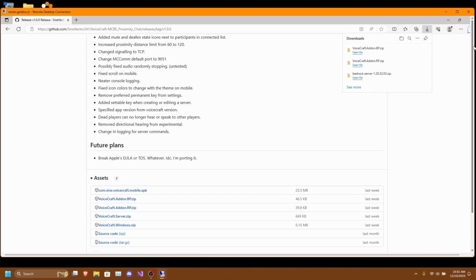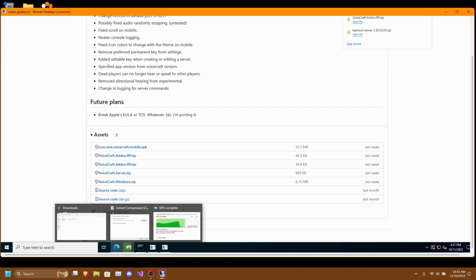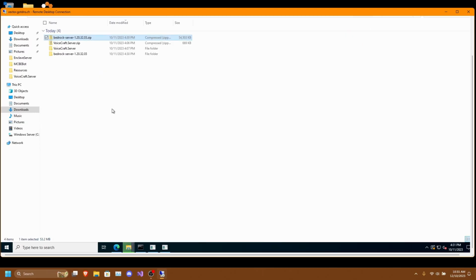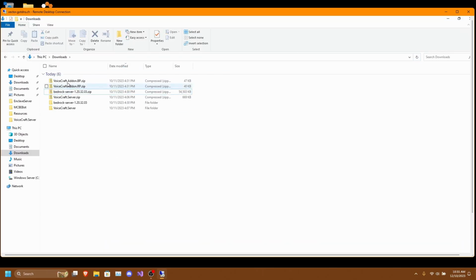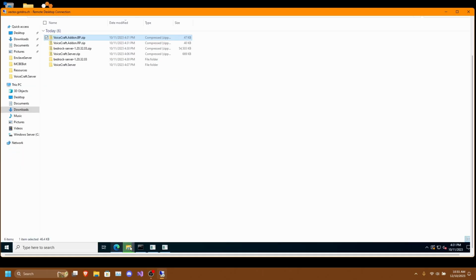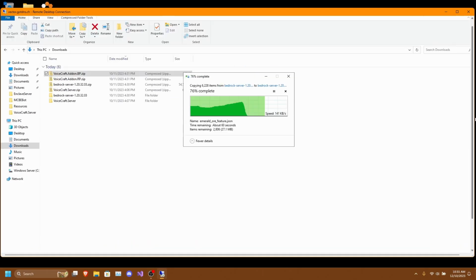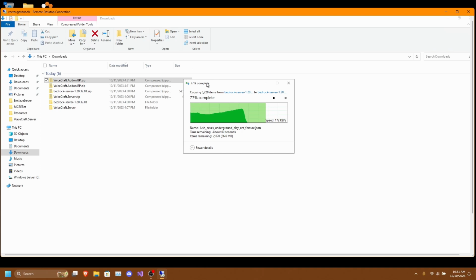And once you have downloaded these, navigate to the downloaded packs, and you'll need to extract them into the Bedrock server. So we'll wait a bit for this to finish, and then we'll extract the files.